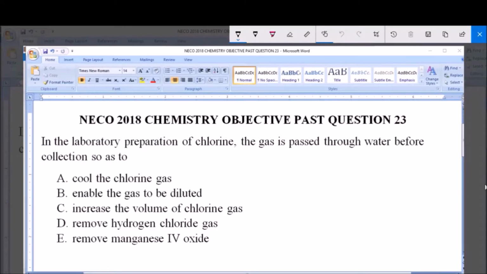I will be answering NECO 2018 Chemistry Objective Past Question 23. In the laboratory preparation of chlorine, the gas is passed through water before collection so as to: A, cool the chlorine gas; B, enable the gas to be diluted; C, increase the volume of chlorine gas; D, remove hydrogen chloride gas; and E, remove manganese IV oxide. Now, in the preparation of chlorine,